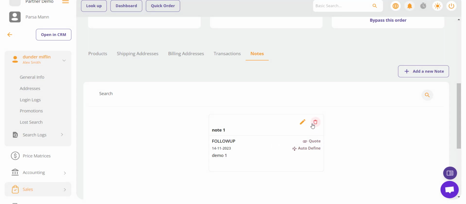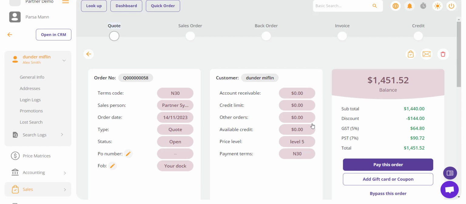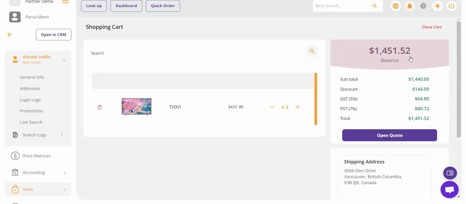Now let's go through the buttons available on the top right of the page. The first button converts the code to the customer's shopping cart and will direct you to the shopping cart. On this page, you can add to the items in the cart by searching them using the search field on top of the page. You can remove the current item by clicking on the remove button, change the quantity of the item by clicking on the plus and the minus button,